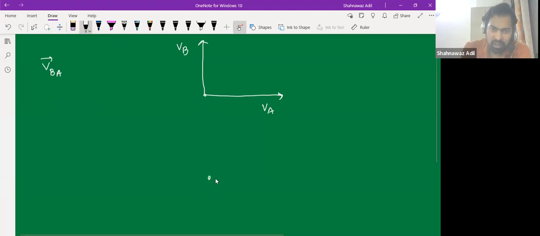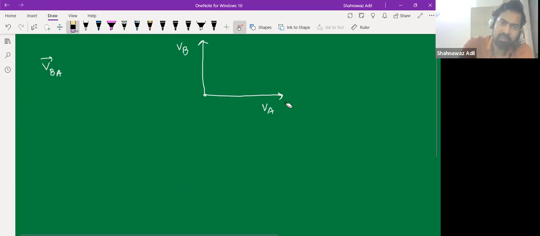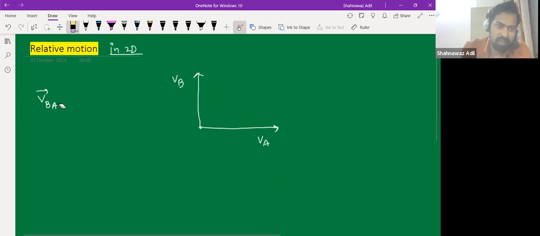In the earlier case, when we were calculating the relative motion in one dimension, one object was moving in this way, and the other object was moving maybe in this way. So these were the velocities, right, Rishita? All these velocities were in one dimension, not in two dimensions. But now we have all these velocities in two dimensions. So the velocity of B with respect to A, the velocity of B relative to A,